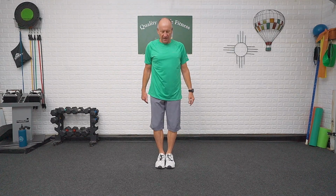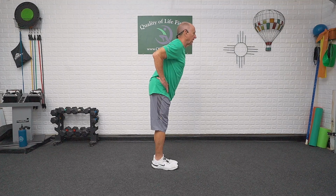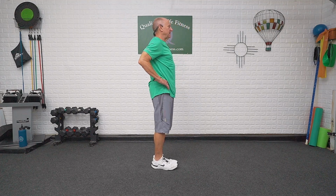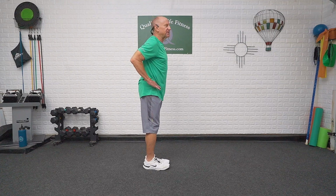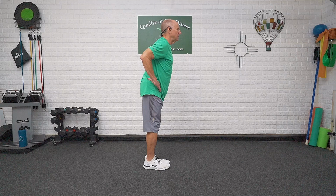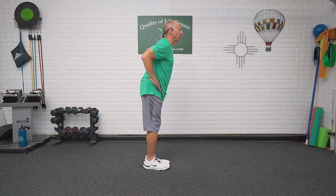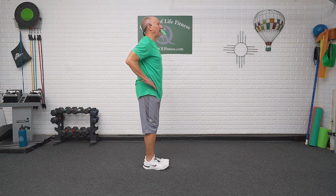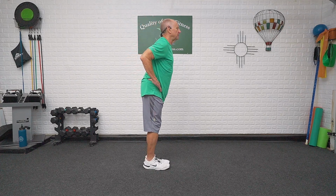Feet side by side. Shoulder blades are back. We're going to do just hands on hips. Lean forward. There are a lot of times that you're in a position where you don't have that nice, stable, wide base. You need to bring the feet in. The other thing this does is go backwards and then forward. Just lean into it as much as you can. Weight goes into the ball of the feet, not the toes. Always leave the toes available for balance to correct if you overdo. Forward